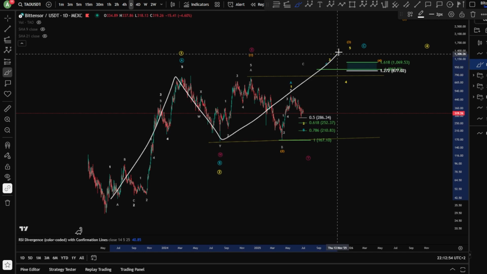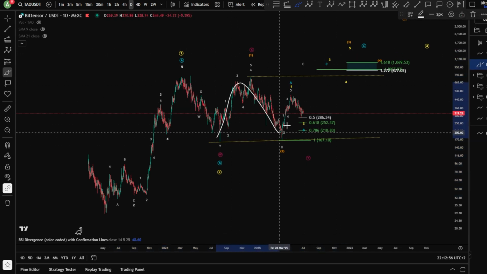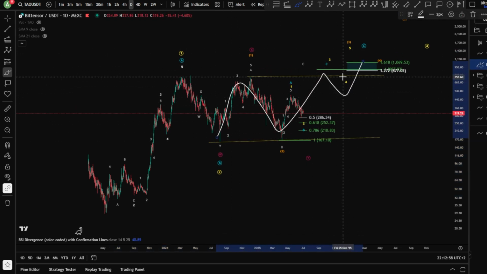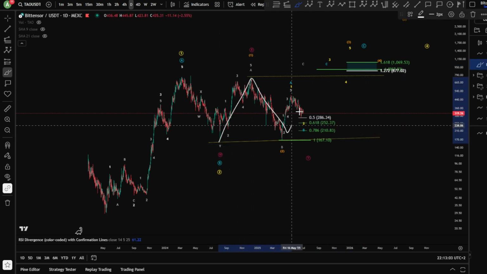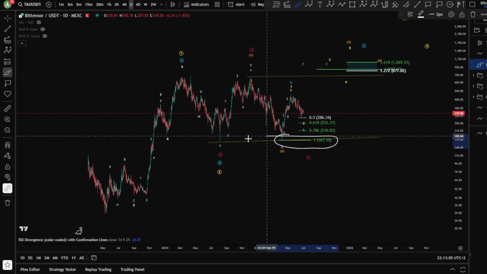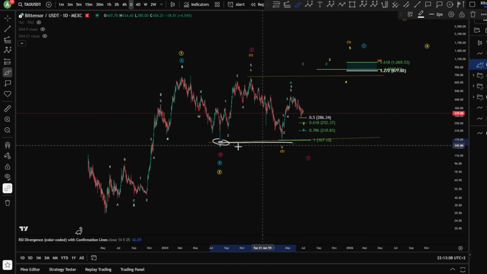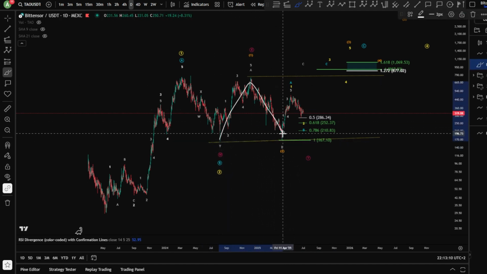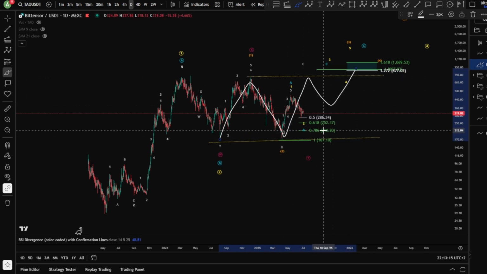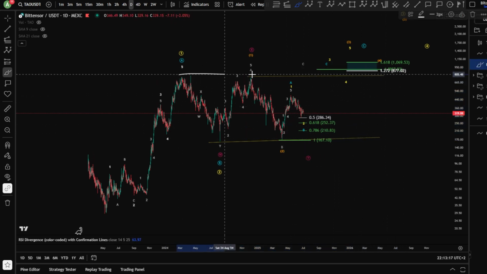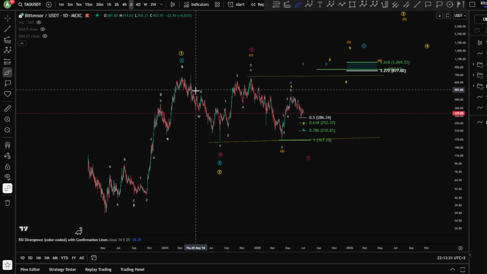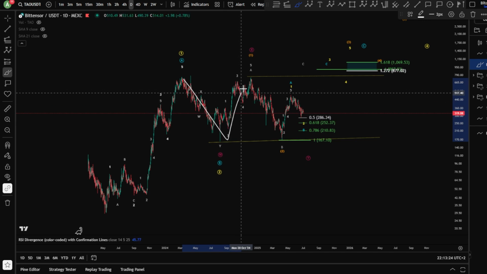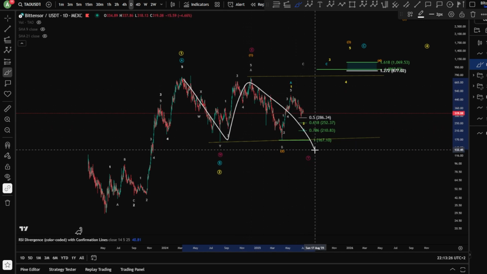Potentially, the wave C can unfold also as an impulse in 1, 2, 3, 4, and a 5. Preferable here, of course, an ending diagonal, and that due to the big wave 1, 2 here that we have, especially that the wave 2 almost took the 886 without taking the low 100%, and then, of course, giving us a potential 1, 2, 3, 4, 5 diagonal unfolding in this area to take the all-time high as 1-to-1 fib level. The final scenario is, of course, a bearish short-term scenario where you're still looking for a wave Y here